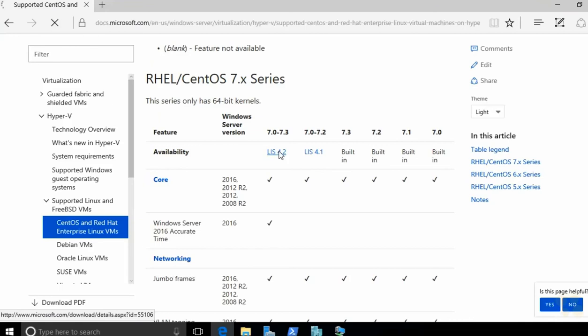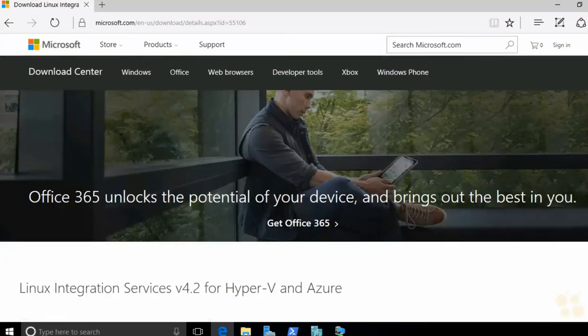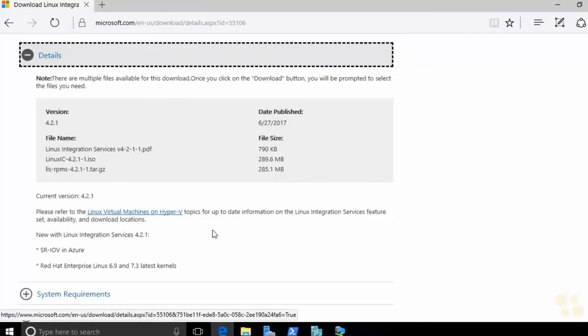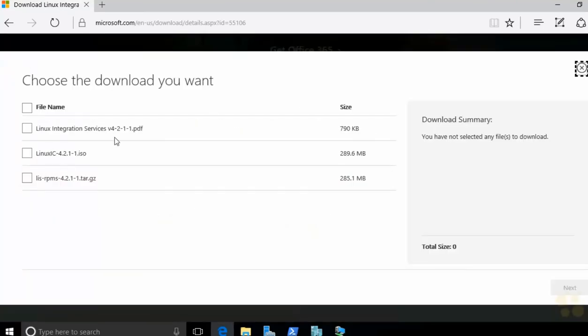So here's 4.2. Here's what I downloaded here onto our local machine. And that's what we just used to bring that CentOS up to 4.2. What I want to show you here is the details. This will actually show you what comes with Linux 4.2.1. And if you hit download, here is that PDF I was talking about that'll walk you through the installation instructions. There's the ISO. That's what we use. And you can also get the compressed form of